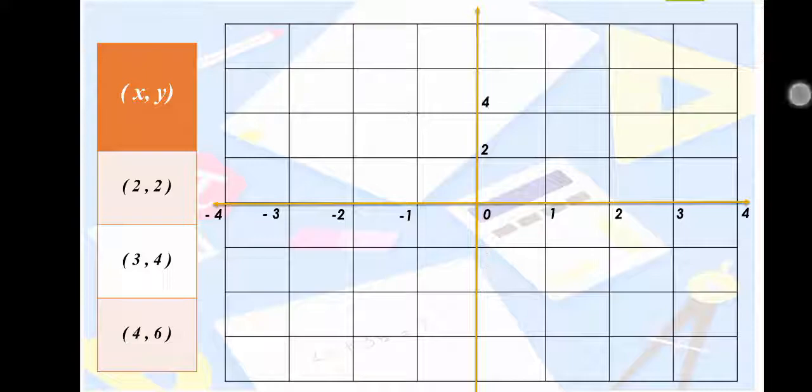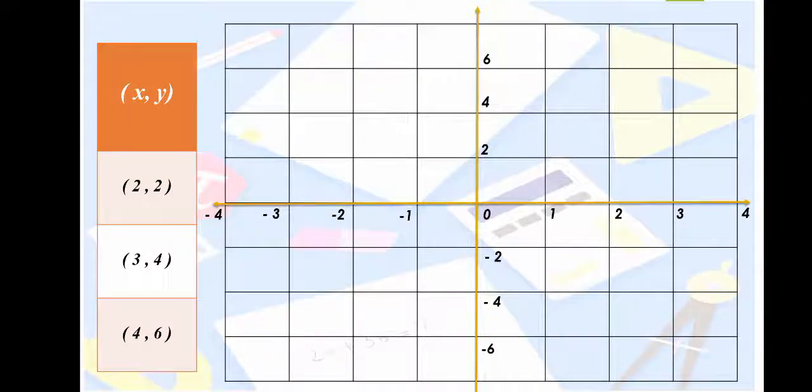Make the graph. Draw mutually perpendicular lines. Then mark the origin. In the x column, the values are 2, 3 and 4. There is a difference of one, and the maximum number is 4. So the points are 1, 2, 3 and 4. For the negative x-axis, -1, -2, -3 and -4. In the y column, the values are 2, 4 and 6. The maximum number is 6 and there is a difference of two, since these are multiples of 2. So the points are 2, 4 and 6. For the negative y-axis, -2, -4 and -6.